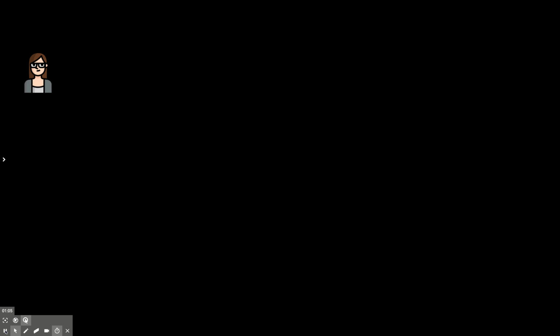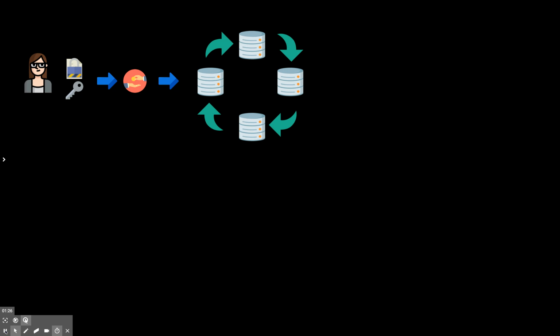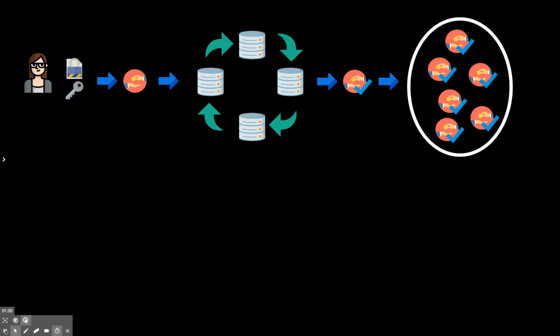So let's give you a very quick recap again of the process of how the blockchain works. You have a person here who wants to do a transaction, so she signs a contract. She digitally signs it with a signature, so she gives the authorization to make a change in the network. She then sends that transaction to a network. The network verifies that indeed this person is the owner or has the authority to make that change. If it has been authorized, then it gets into a pool of authorized and validated